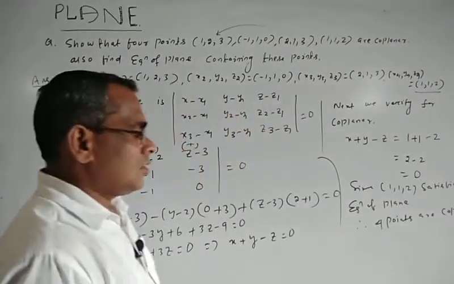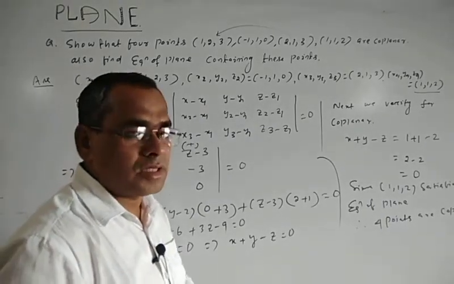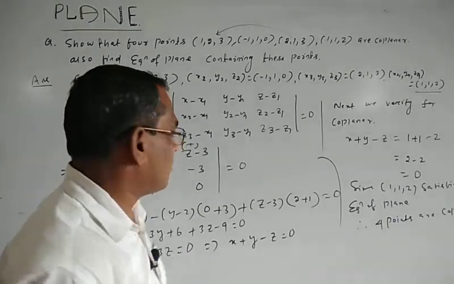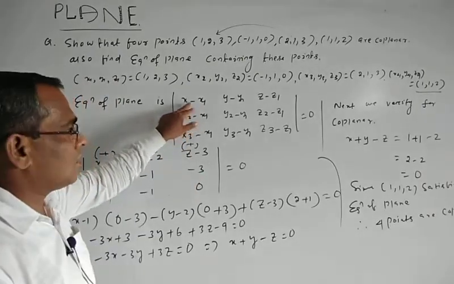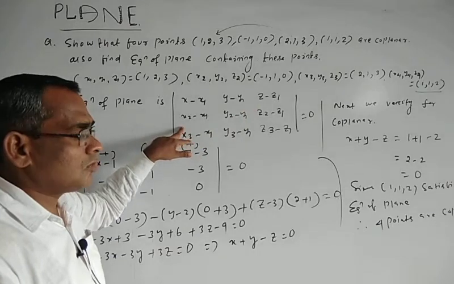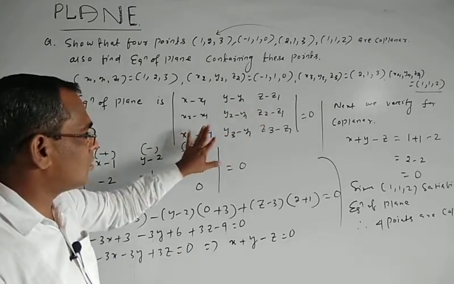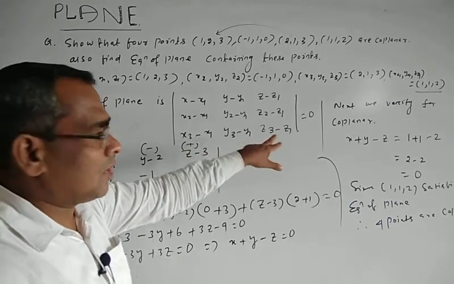Okay, so if we are asked only whether these 4 points are coplanar, first you have to take the determinant: x4 minus x1, y4 minus y1, z4 minus z1. Then x2 minus x1, y2 minus y1, z2 minus z1, x3 minus x1, y3 minus y1, z3 minus z1, and